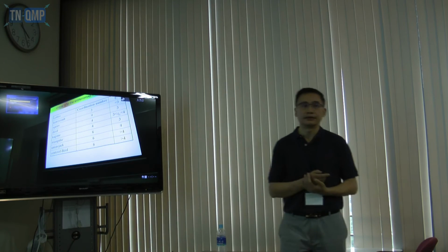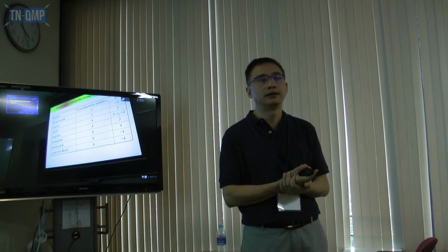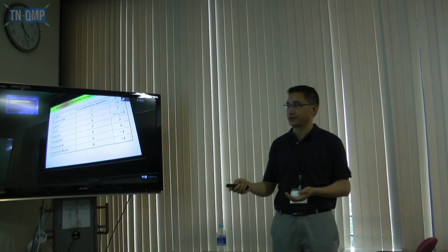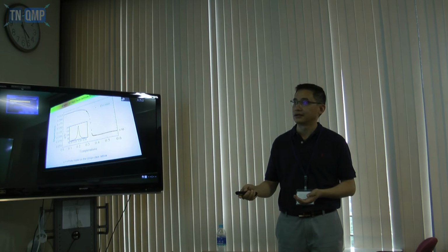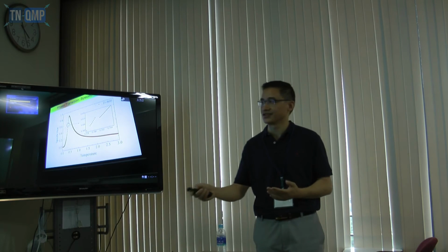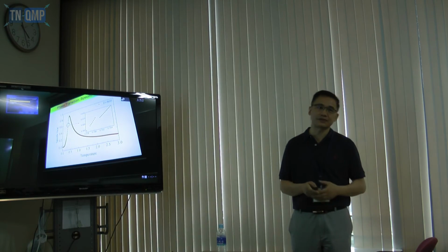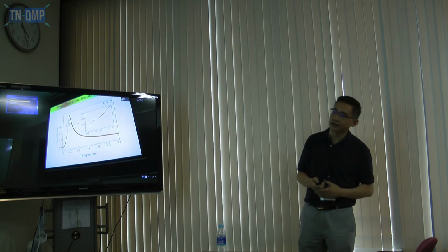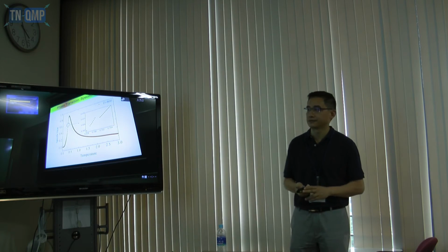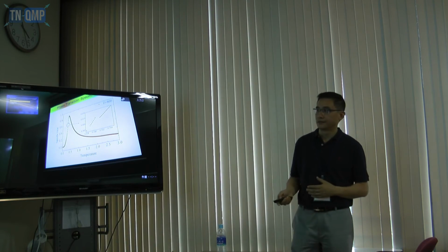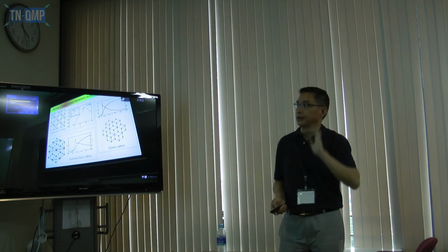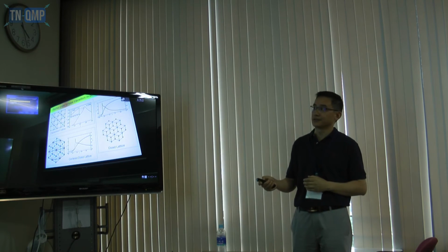May I ask a question? In this case, is the phase transition first order? Yes, you're right. For this one it is first order. Oh, actually, it's second order. Sorry, this is second order. There's a jump in the specific heat. There's no jump in the entropy. Entropy is smooth. Second order. Sorry. This looks like it would be first order.